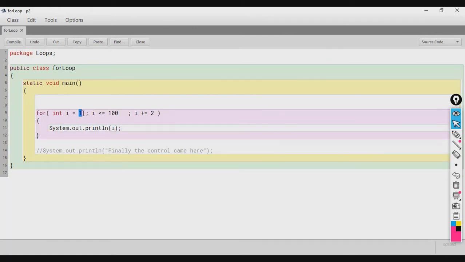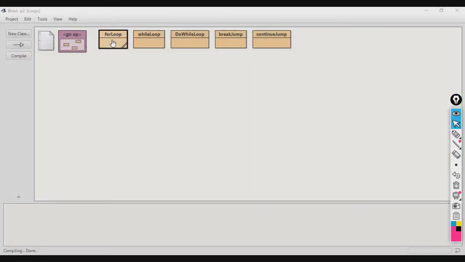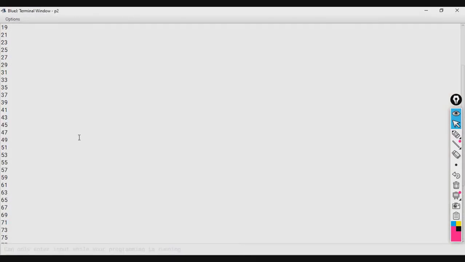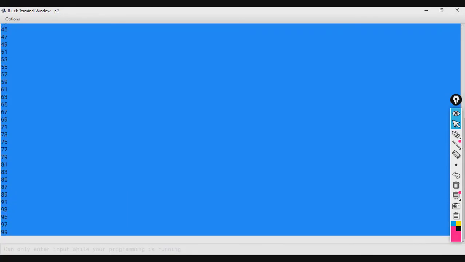So, first time I will be 1, condition will be checked, 1 is less than equal to 100, control comes inside and it will print 1. Next time I will become 3, condition will become 3 less than equal to 100, control comes inside and 3 will be printed, and so on. So, let us see the output for this. So, as you can see, all the odd numbers starting from 1 up till 100 are getting printed.